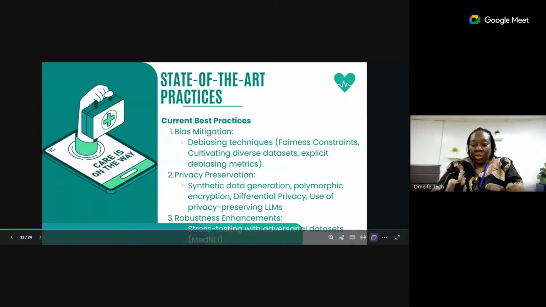They will have what is called fairness constraints, a kind of restrictions applied to algorithms to ensure they produce outcomes that are free from bias or discrimination. These constraints are designed to mitigate unfairness in predictions or decisions made by an algorithm, ensuring that certain groups are not disproportionately affected. Then when it comes to robustness, robust training with adversarial examples and chain of thought prompting is